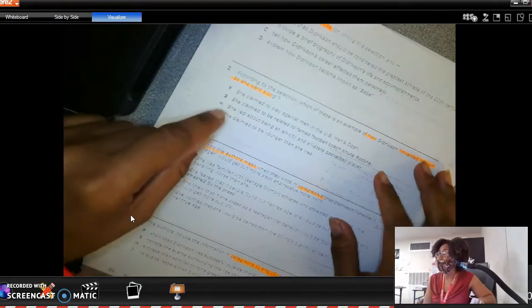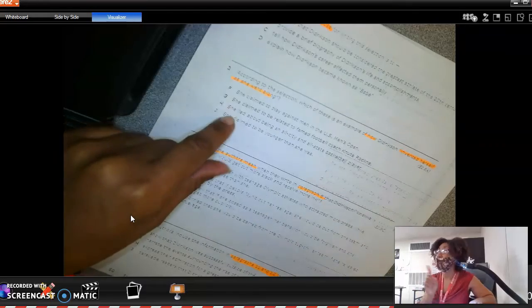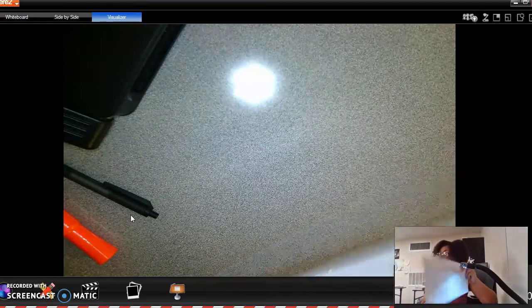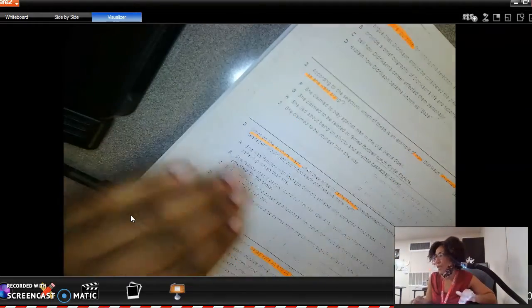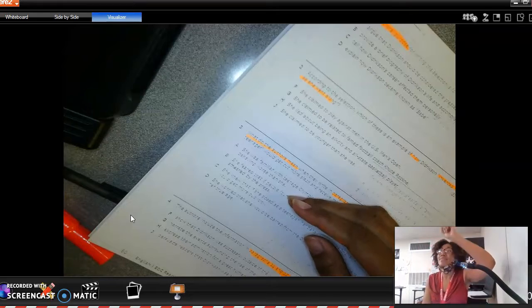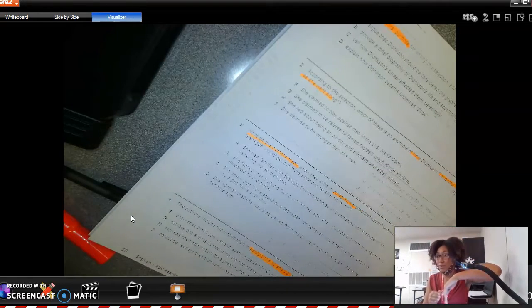Don't get rid of an answer unless you have a reason. And if you don't have a reason and you can't find a reason, find it in the text. It's there for you, right? So go look back and find why it's not the right answer. Once you've narrowed it down, get it to the best two choices, and then guess if you have to, okay?